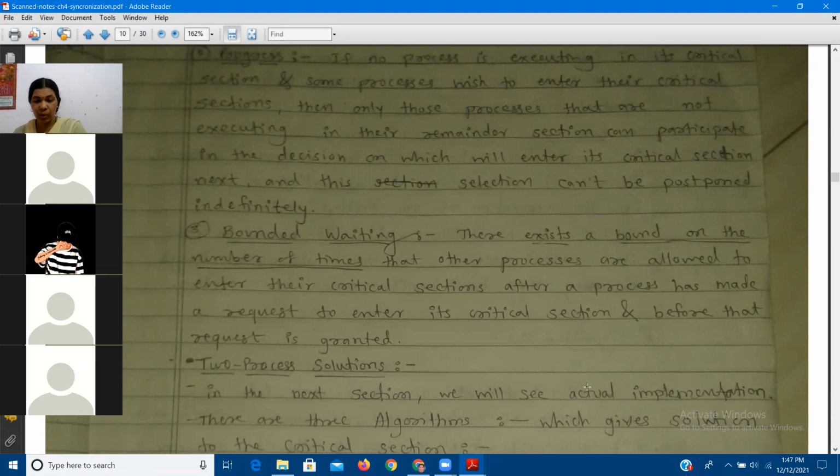Other processes. Now what do we mean by other processes? One is in the critical section and the others are waiting. What do we mean by waiting? They are trying to execute the entry section. What is the entry section? Checking the status of the resource. They are requesting the resource. To whom are they requesting? To the operating system. So the operating system should listen to them. As they are trying to request the resource, their request granting time should be finite.